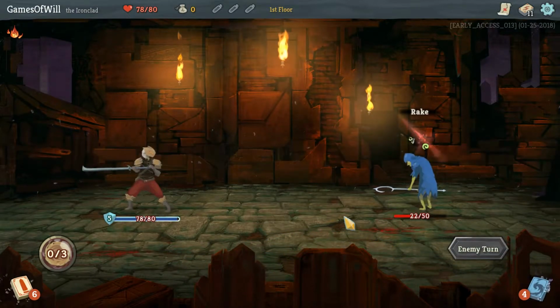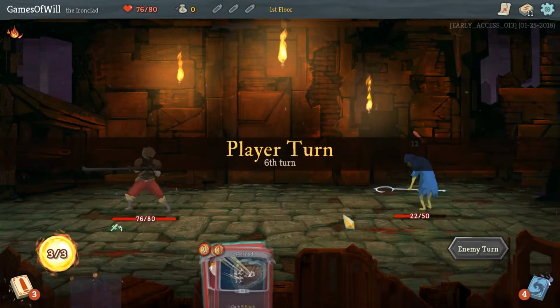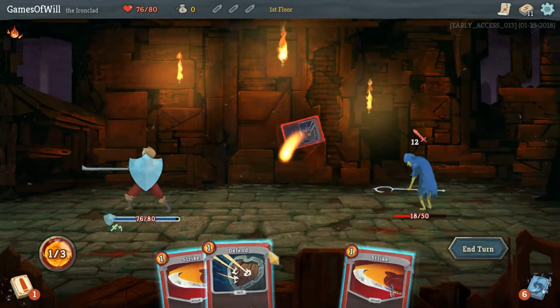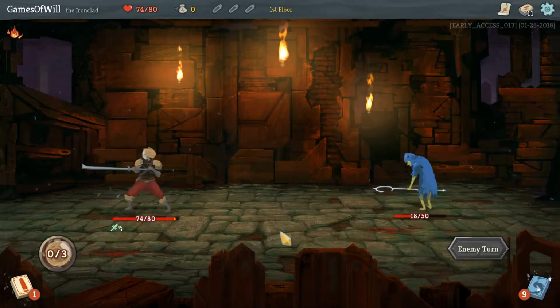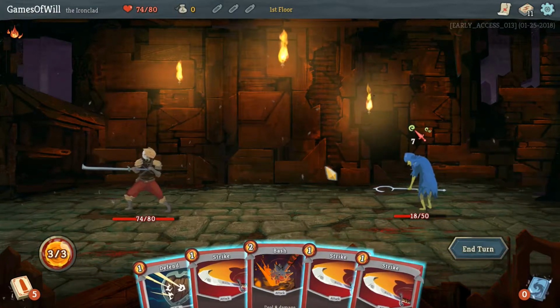So that healed us for 4. Which is good. Yeah, it does seem like the playstyle with the Ironclad is a little slower. I guess that makes sense, though, as a design. And we've exhausted our heal now, so...